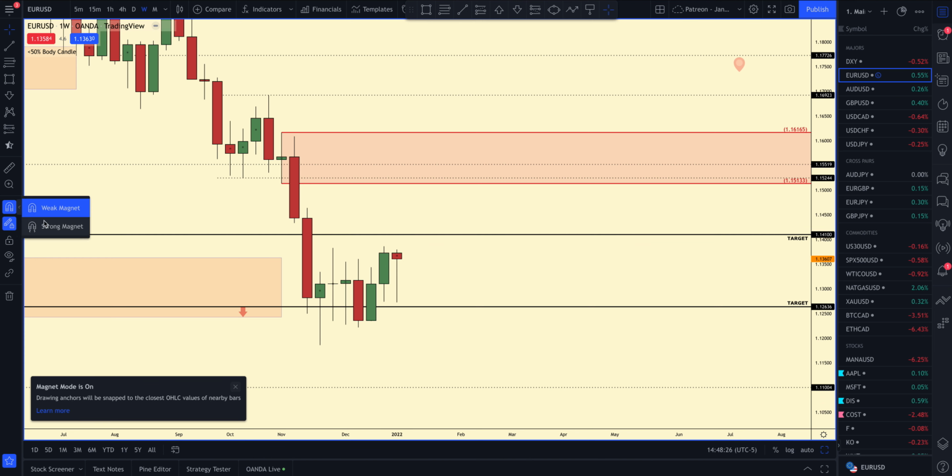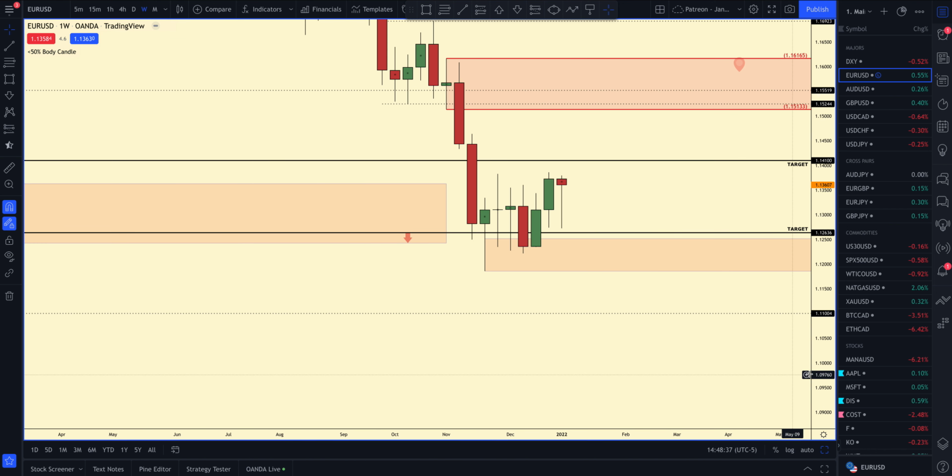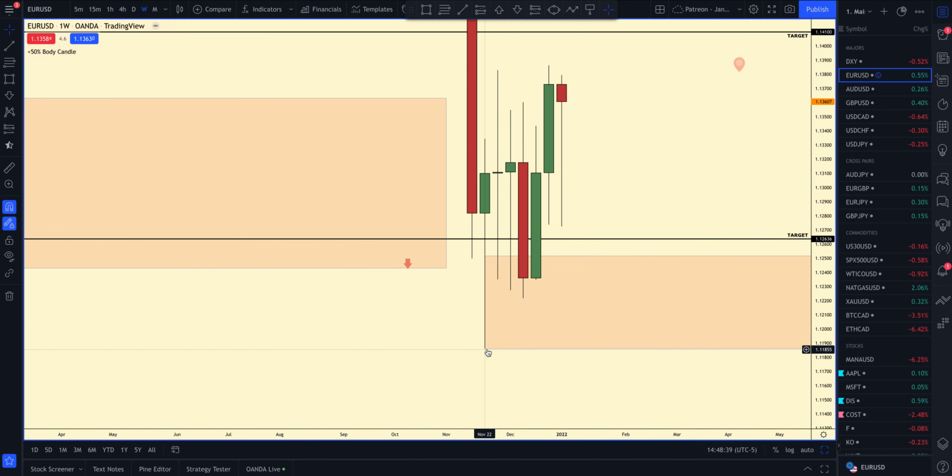And you can do a weak magnet or a strong magnet. And then when you go to draw a zone, I don't know if you can tell, but it's locking on to the low of price like that. It's locking on like this. So if you zoom in, this zone is exactly marked up at the low of that candle because the magnet